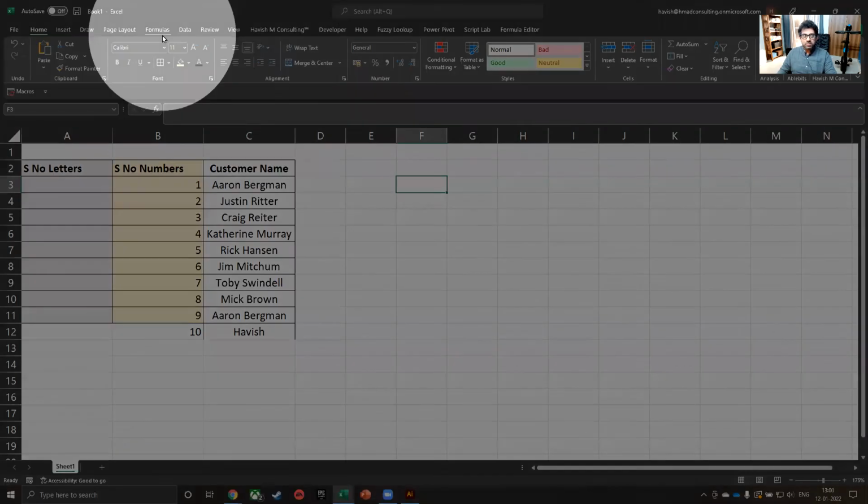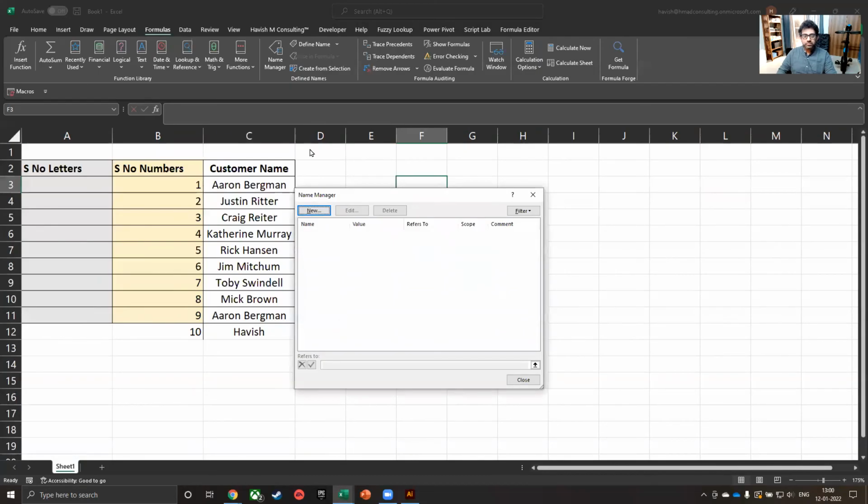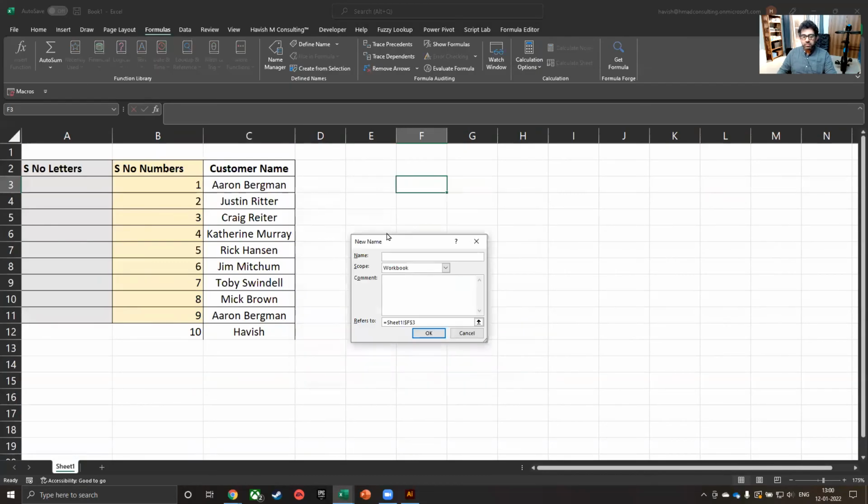Go to Formulas and then select the Name Manager. Create a new name. Let's call this letter series, and I'll simply paste my LAMBDA here like this.